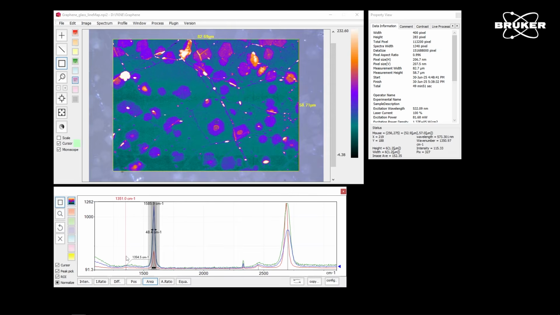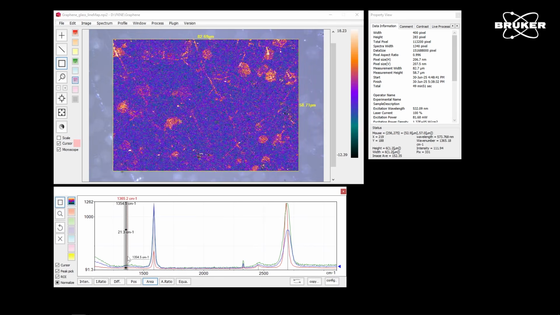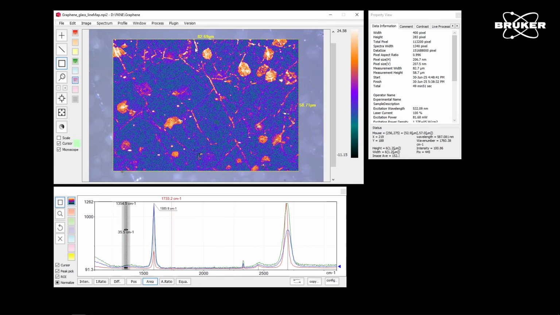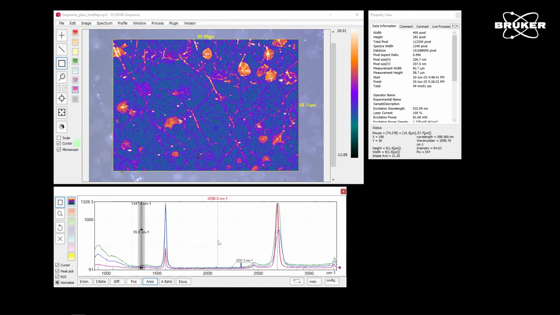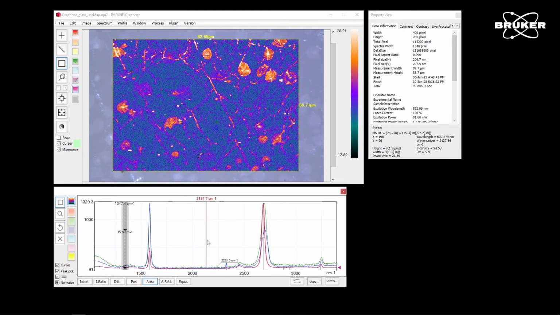So if we assume there is something here, we can see again new highlights up in the spectrum. And if we also assign a color to that, we see a very small peak here. So we can already say we have a high quality of this CVD grown graphene.